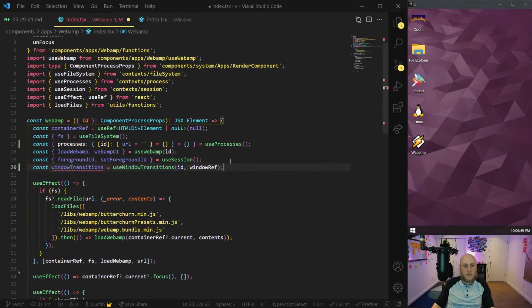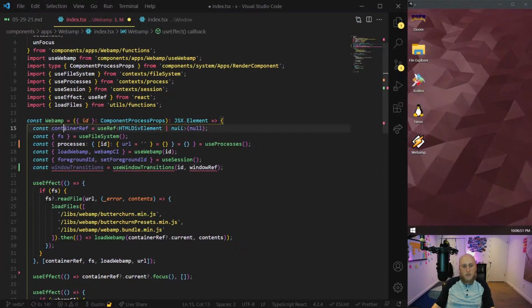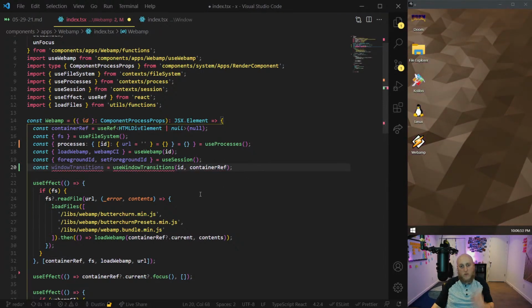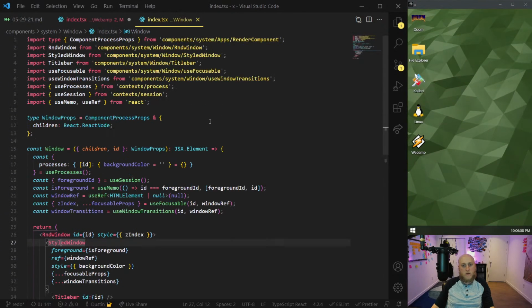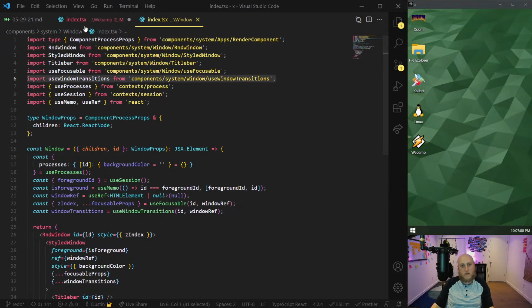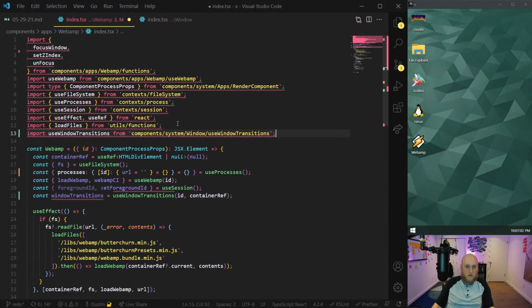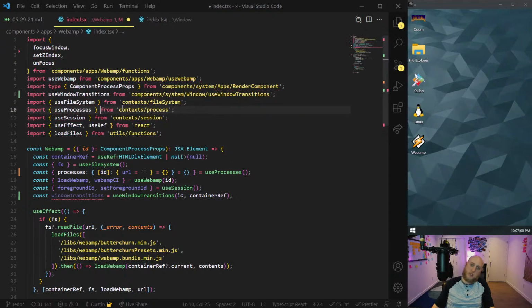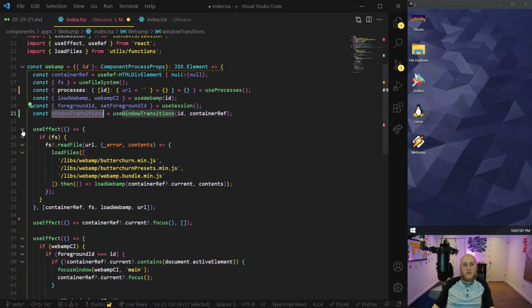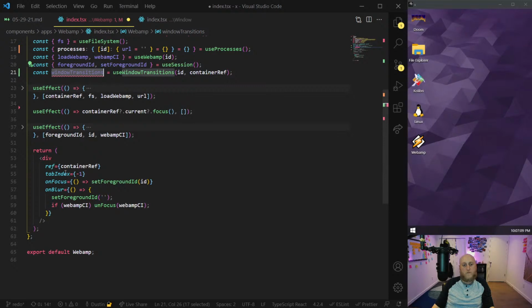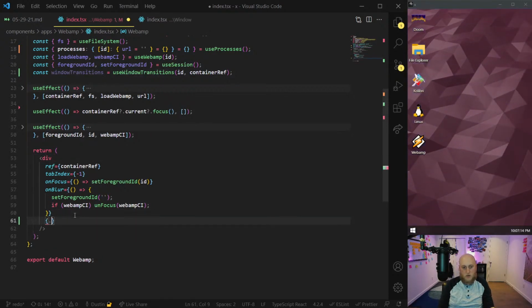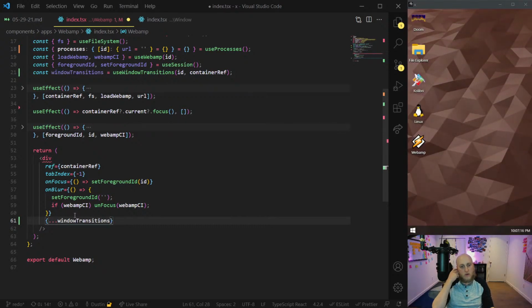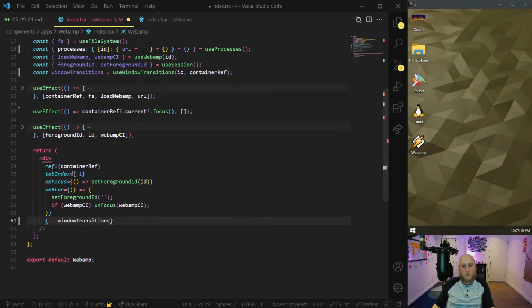So I'm going to do basically the exact same thing. I call it container ref here rather than window ref. We'll just copy the import here. Save ourselves a second of a failed import, I'm sure. Do alphabetization. And then we're going to take the window transition piece. I'm going to minimize some of this. It's in the way. So this is going to become the motion div now. I'm going to put the transition piece here. So we'll just dump the window transitions from framer motion there. And we're going to have to add a couple other pieces.